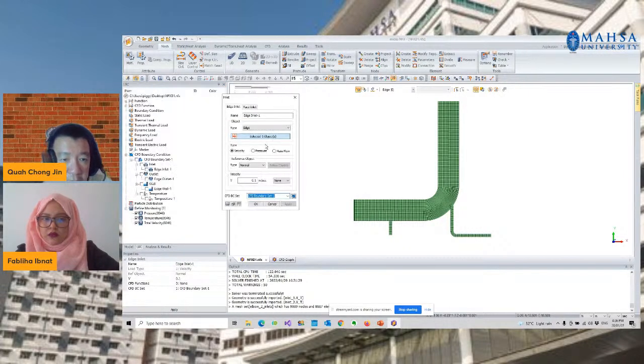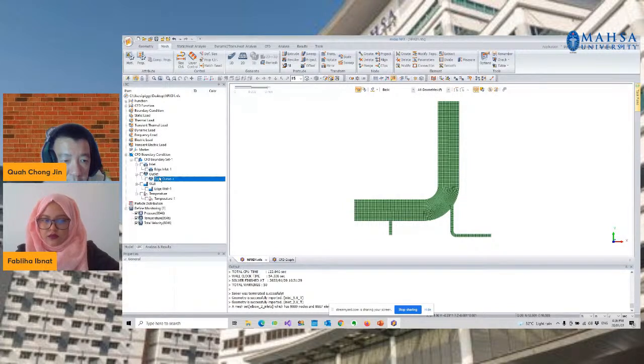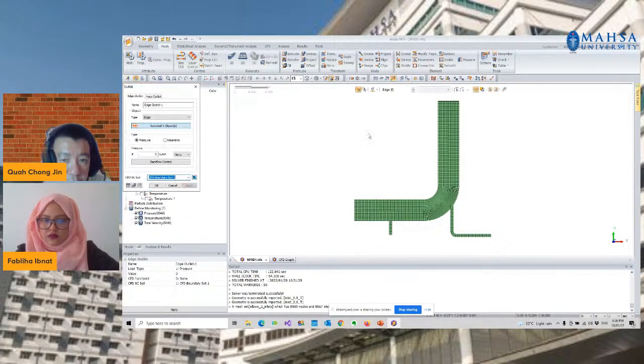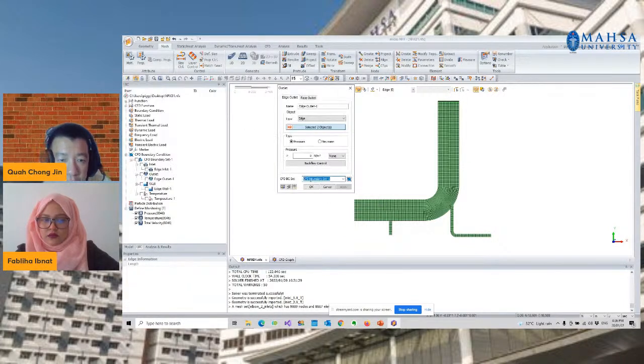You may see that it has selected one object, which refers to the previous model, and I'm going to select another object, which makes two objects including the current model, as an inlet. I'm going to do the same for the outlet, and I need to make sure that the two selected objects are being displayed.